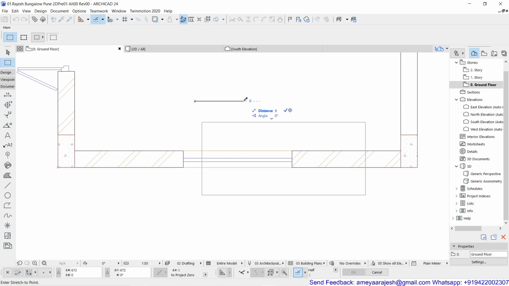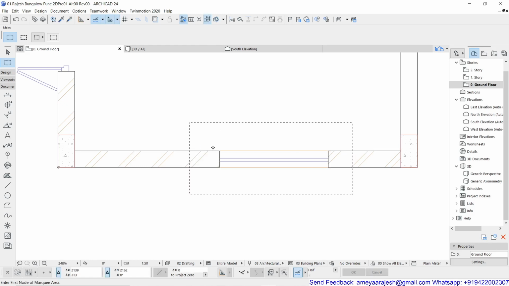Now I'm going to add 500 millimeters as my stretch distance, and the moment I enter, you will see my window is shifted from one location to another, along with trimming and extending one wall line. On one side the wall was extended, on the other side the wall was trimmed.